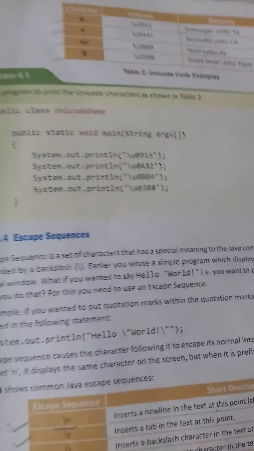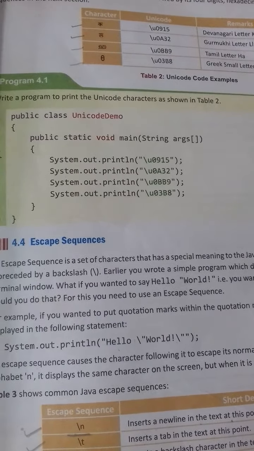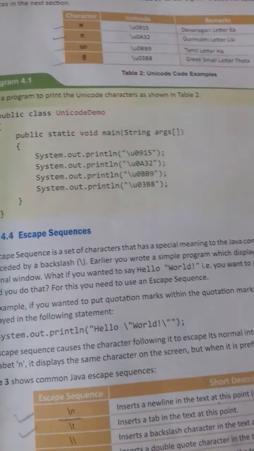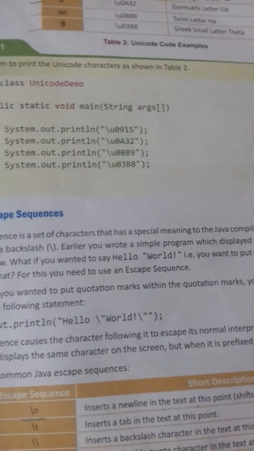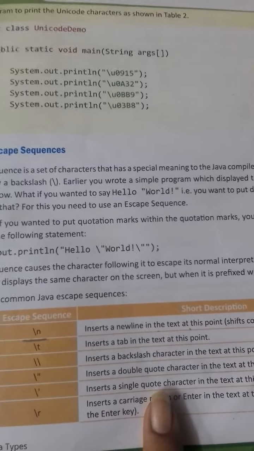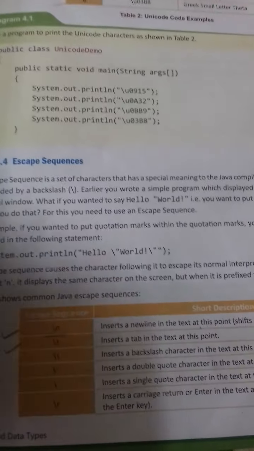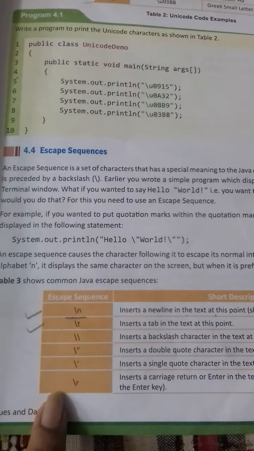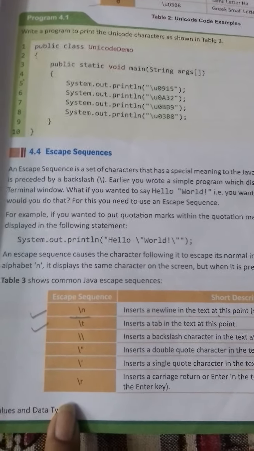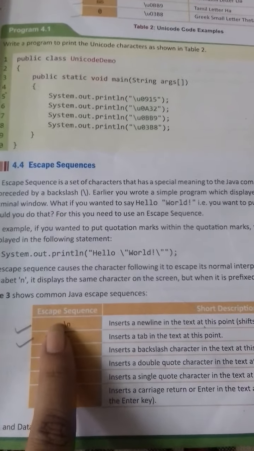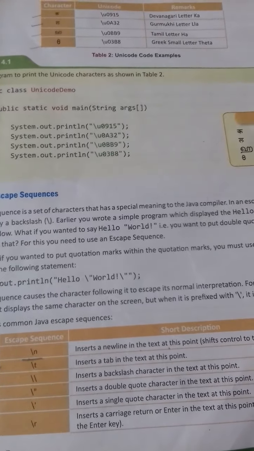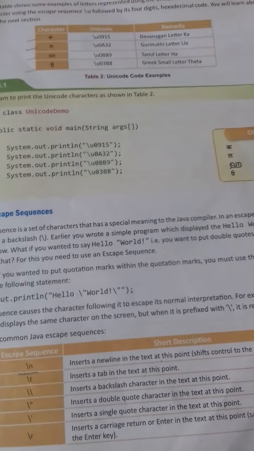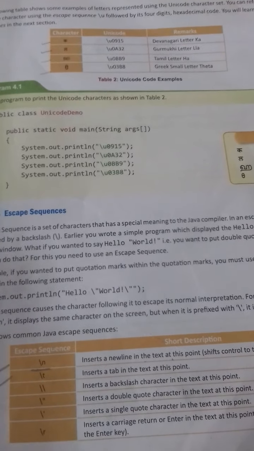Now one more important thing which you should understand is escape sequence. What is an escape sequence? Any character sequence which starts with a backslash is called an escape sequence. So you have this table with different escape sequences and their descriptions. You can see in this table all of them start with a backslash. From this, we have tried the first one, \n. \n means, if you are writing something or you want to print something in the output, and you want it in the next line, then you can add \n.